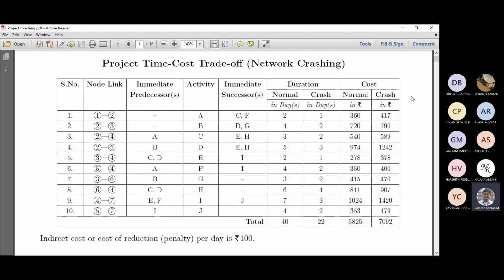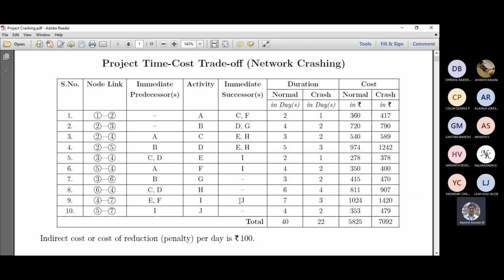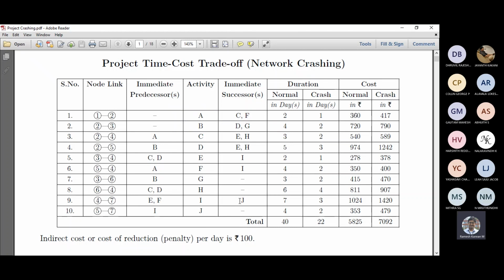This is a typical 10 activity project network diagram. Activities A to J each have their immediate predecessors and immediate successors. Even from the previous case, we talked about time as a single entity. For deterministic time, we have a single time. Even though PERT has three times, most likely time, optimistic time, and pessimistic time, we eventually convert that into a single equivalent or effective time, TE. So time is a single entity.